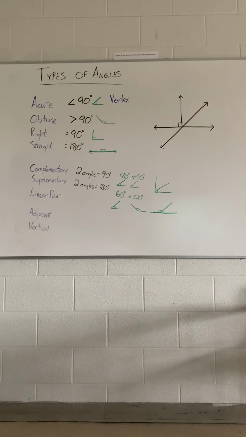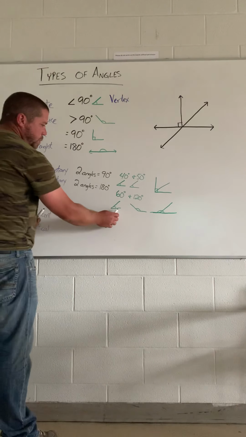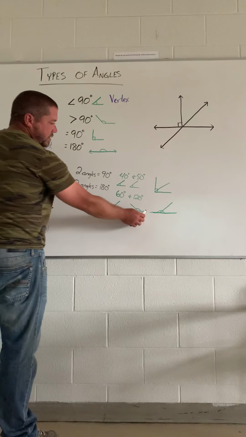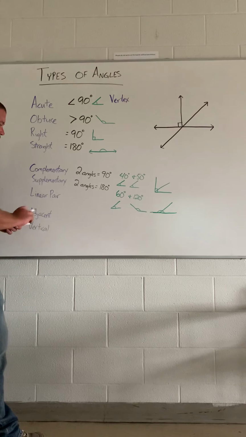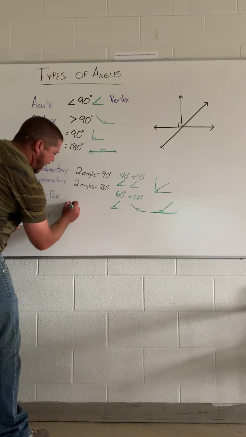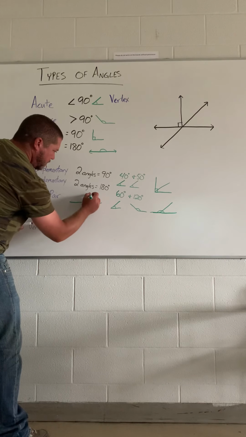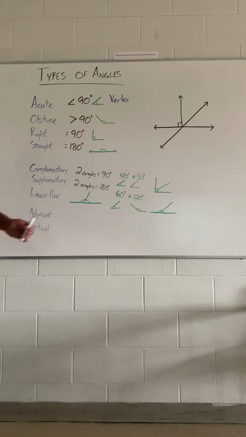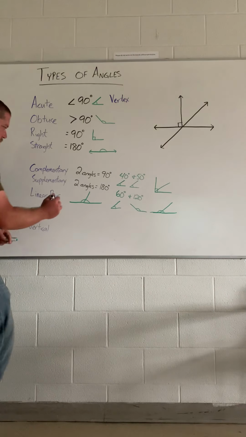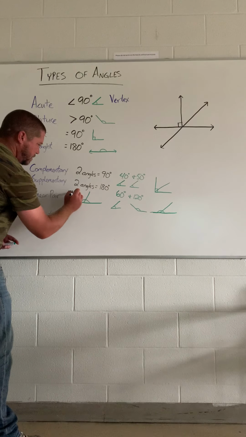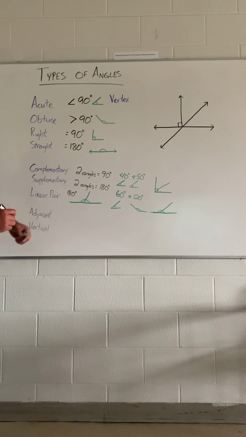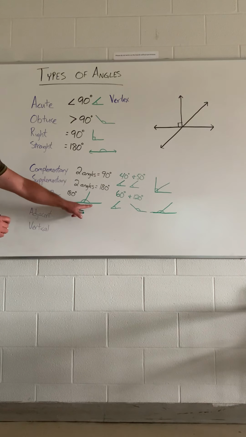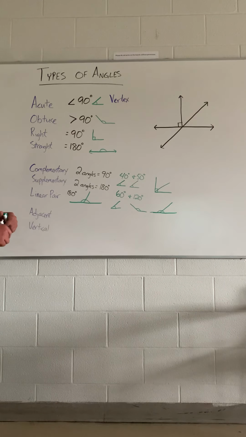A linear pair, okay? Here's the difference between linear pair and supplementary. These two angles are supplementary. These two are also supplementary. But on a linear pair, they have to be on a line and they have to be side by side. So they're going to total 180 degrees, and the angles are going to be side by side. So while this one is a linear pair, it is also supplementary. Adjacent angles, those are